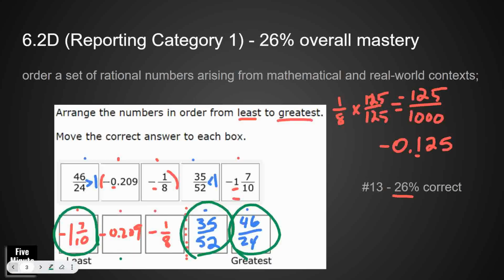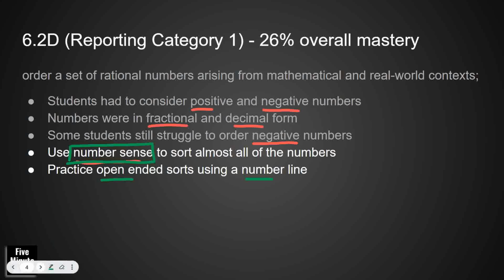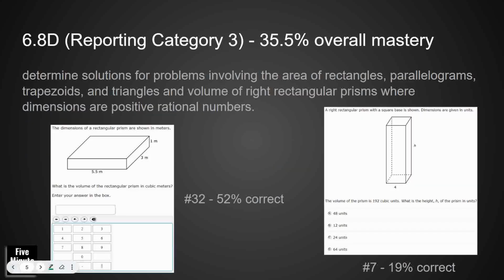Just as simple as this. Pick 5 numbers that are fairly close to each other, right? So between -2 and 2, put them in different forms. Just have the kids sort. That's a real quick activity that you could do coming into the classroom or at the end of a class period. Next, we've got